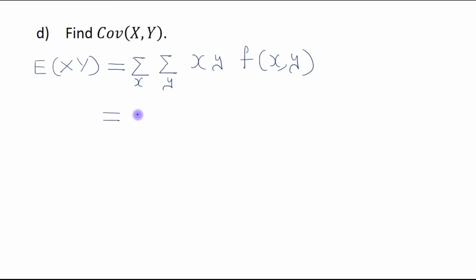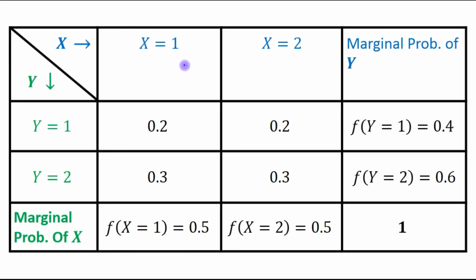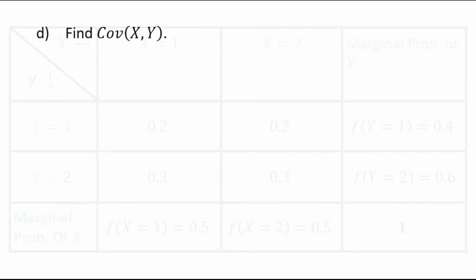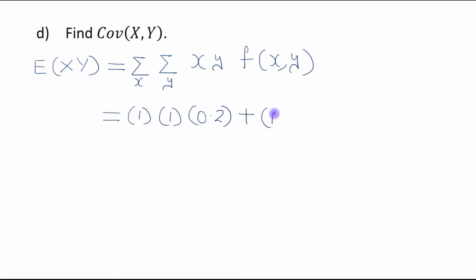So we will write, okay. When x equals to 1 and y equals to 2, their joint probability is 0.3. So when x equals to 1, y equals to 2, their joint probability is 0.3